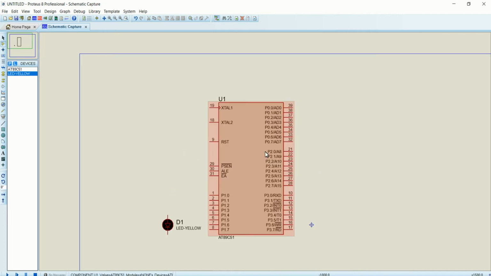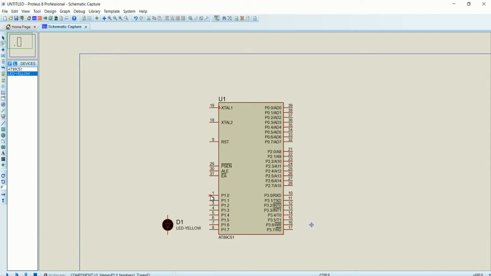Now in this simulation software you need not connect all the circuits necessary for proper functioning of this microcontroller, that is the crystal oscillator required for oscillation, the reset circuitry for the microcontroller, and the high signal for the EA pin. These are all the basic circuitry required for the proper functioning of the AT89S52 microcontroller in hardware, but this is simulation, so you need not connect all those things.